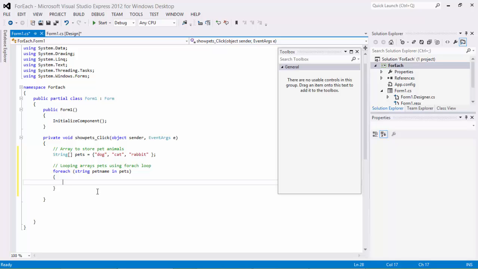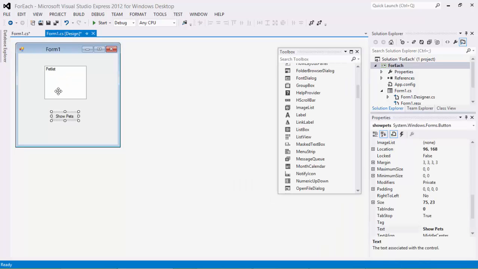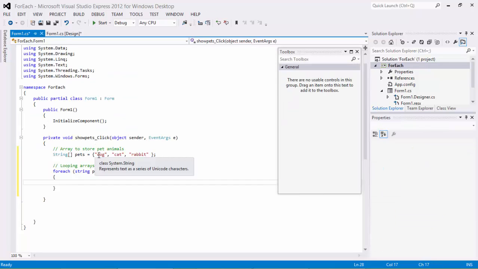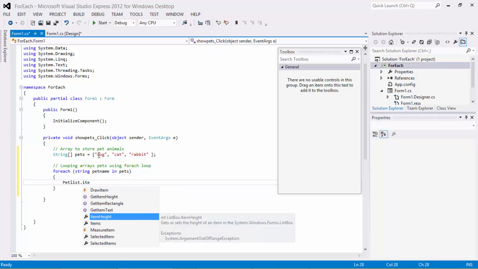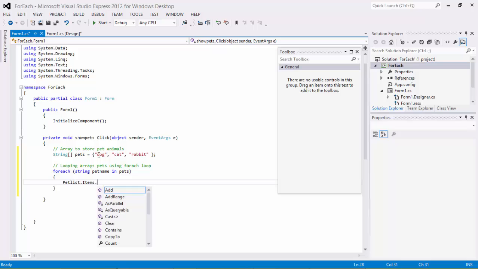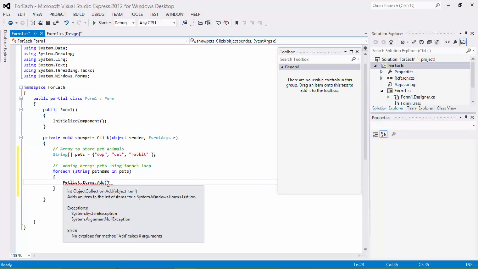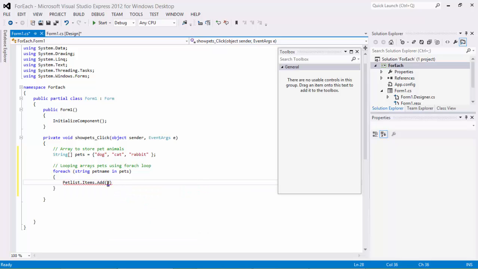Now I need to add each of the pet animals into the pet list. So pet list dot items dot add of, here my value is pet name, which I am looping in the array pets. This completes my program. On executing the application,